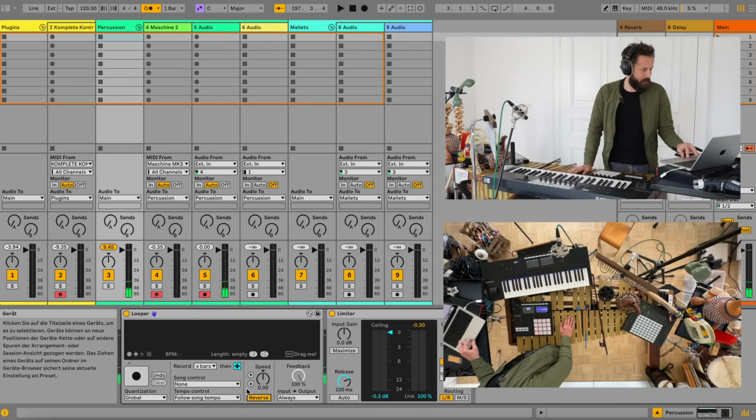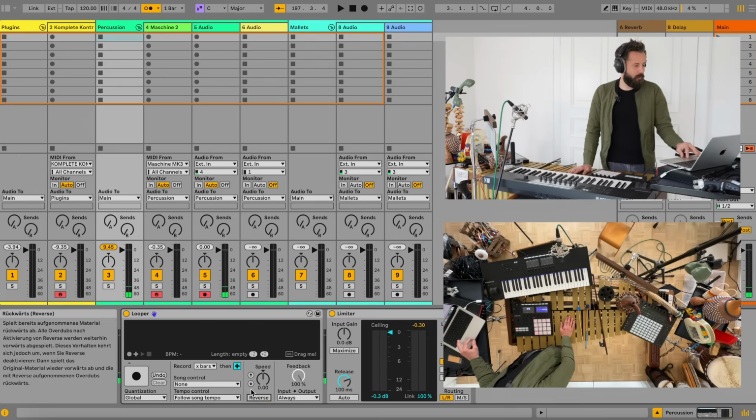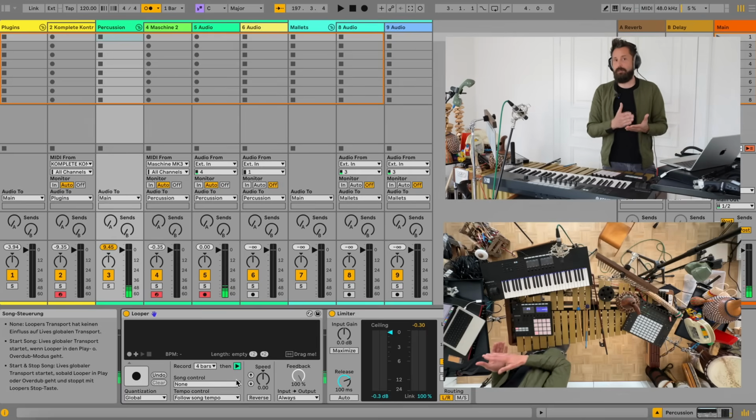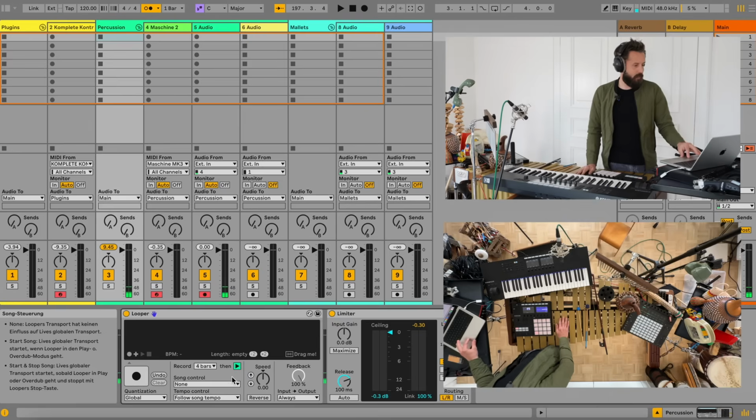Good, so let's record some examples. For now, I'm not going to reverse the loop. Input output is set to always. I want a 4-bar loop for now, and after I recorded these 4 bars, I just want the loop to be played. It always stresses me a bit if, after recording one loop, the overdub immediately starts. So yeah, I prefer to listen back to what I recorded and then decide if it needs something else.